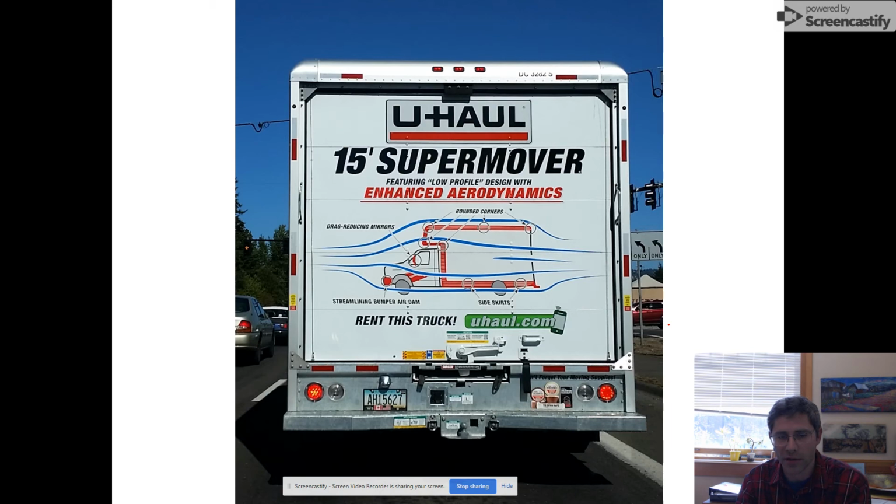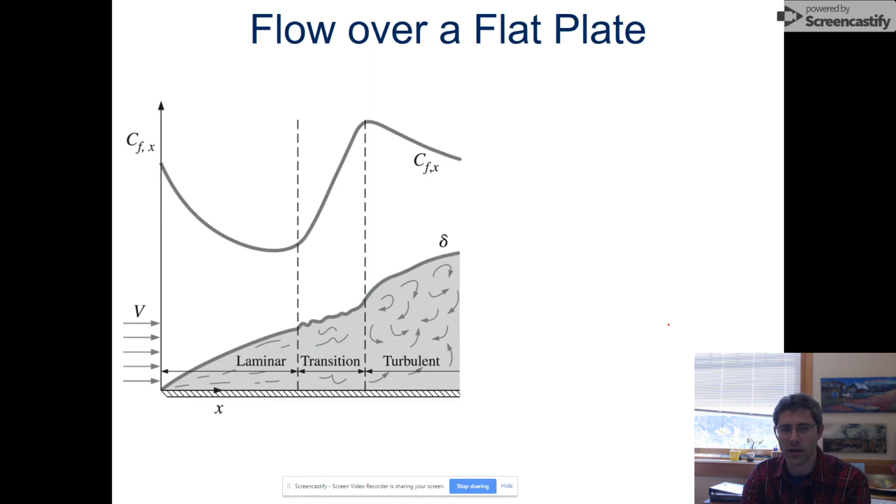This is just the back of a U-Haul van showing how they enhanced aerodynamics, and you can see things like mirrors, the forward bumper, the side skirts, rounded corners to basically increase fuel economy. And then flow over a flat